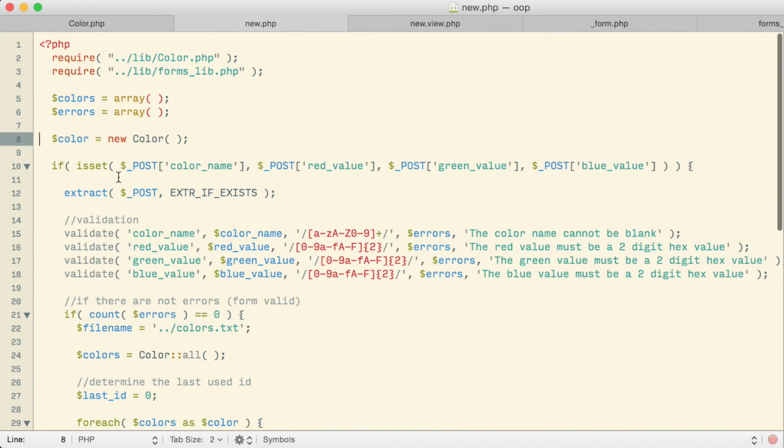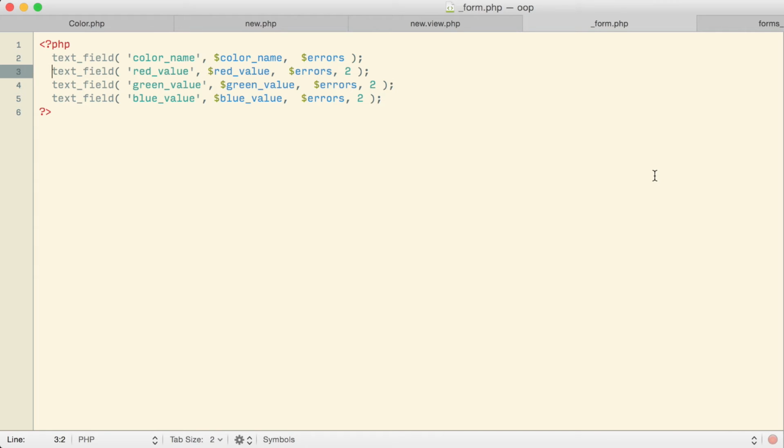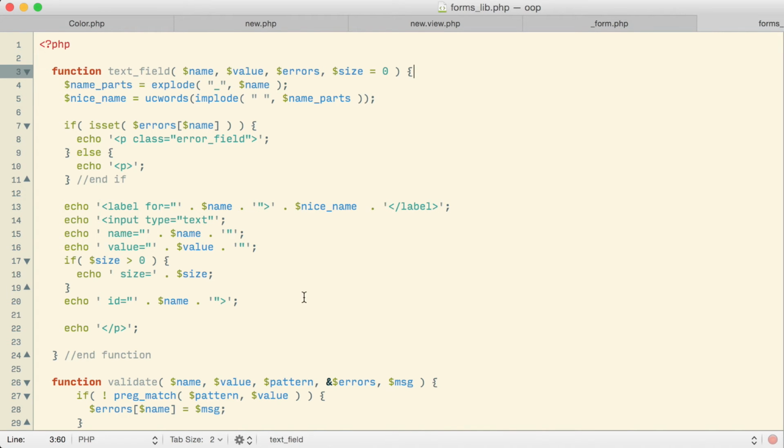What's actually happening is if I'm not submitting, then I'm not running any of the code inside that big if statement. Instead, our view page is really not doing much of anything other than loading the form. The form itself is just calling the text field function. The text field function you'll see here is still trying to use that group of variables that I erased. Since those variables have never been used anywhere, they're essentially just blank, which means when that function actually runs and puts together the fields, it's filling the fields as if they're blank, which is more or less what it should be doing here on a first try. Even though it's not causing any errors, it's really not technically correct.